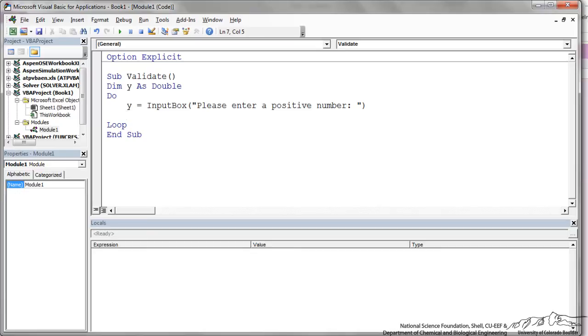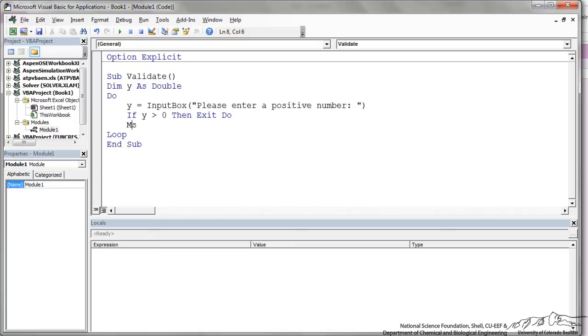And the next step is to do our condition. If y greater than 0, then exit do. This is known as a one-way one-liner. So it's a one-way if-then. You don't need to put the end if as long as it's placed on the same line. Alternatively, we could write it as exit do on its own line, but then we'd have to end if. So that's another way to write it, but it's really easy if we just put it into one line. You can do that for one-way if-thens. If y is greater than 0, then exit do.